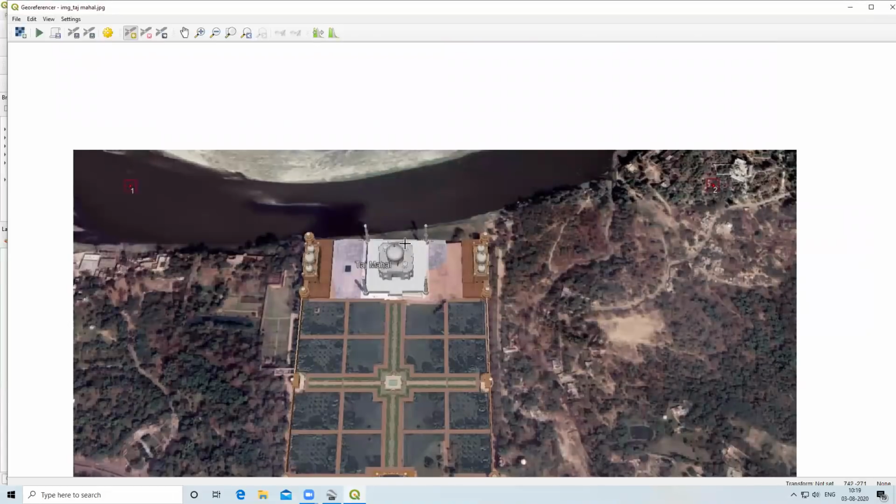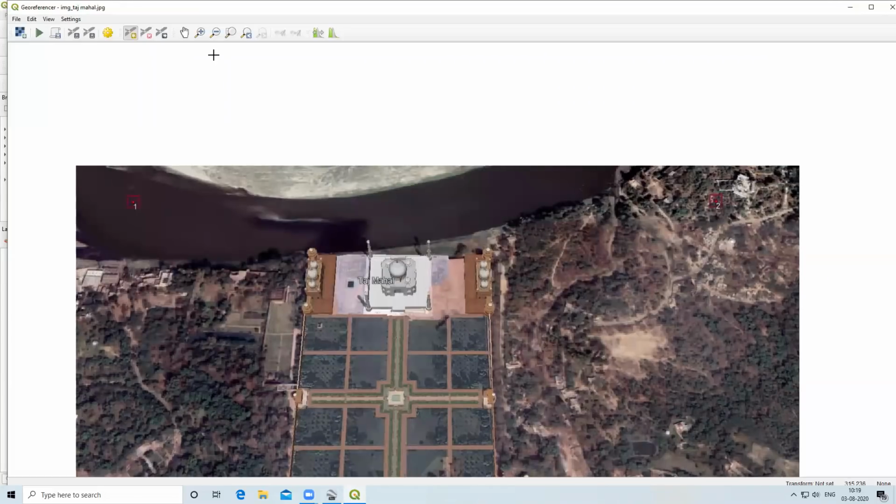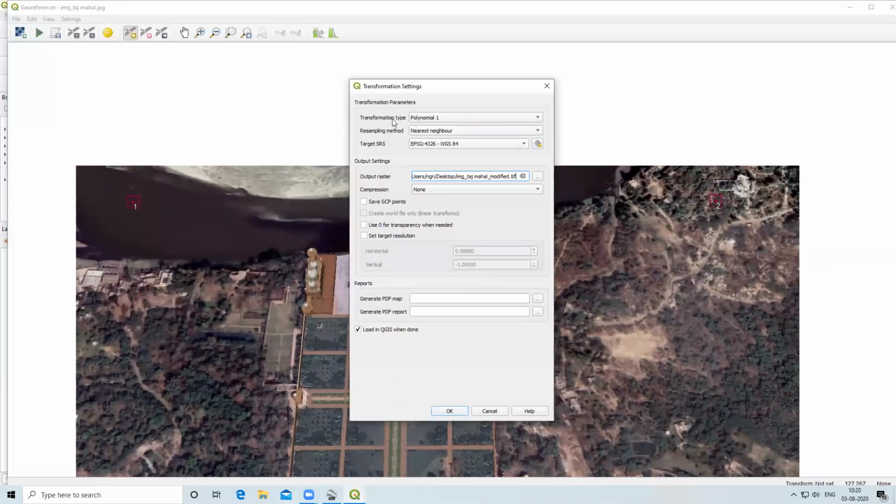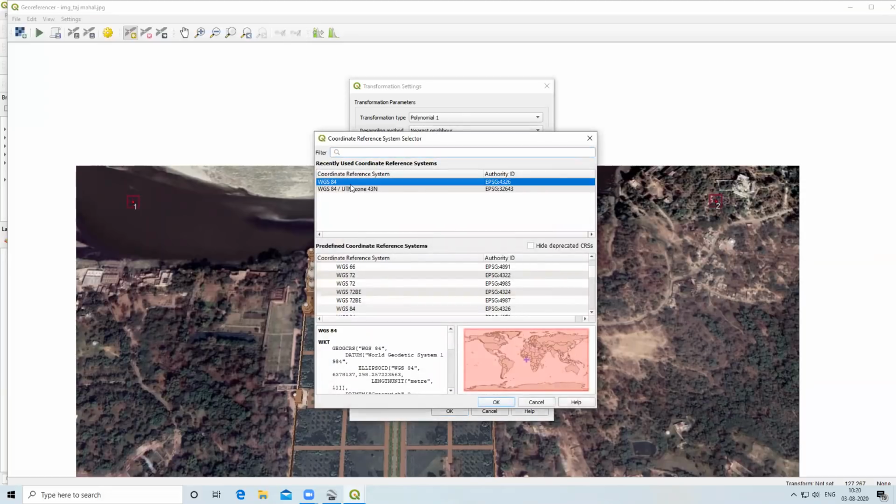After adding 4 coordinates, I will click on transformation settings. So here transformation type polynomial 1. As per your area you can select polynomial 1 or polynomial 2 or thin plate. Then resampling method nearest neighbour. Here I will select our datum WGS84 EPSG 4326.